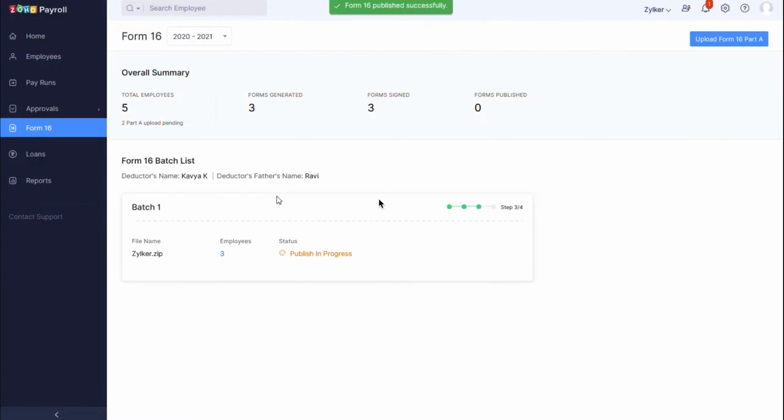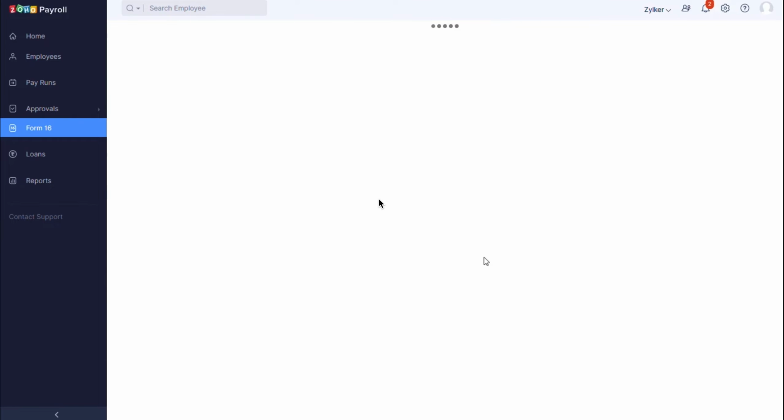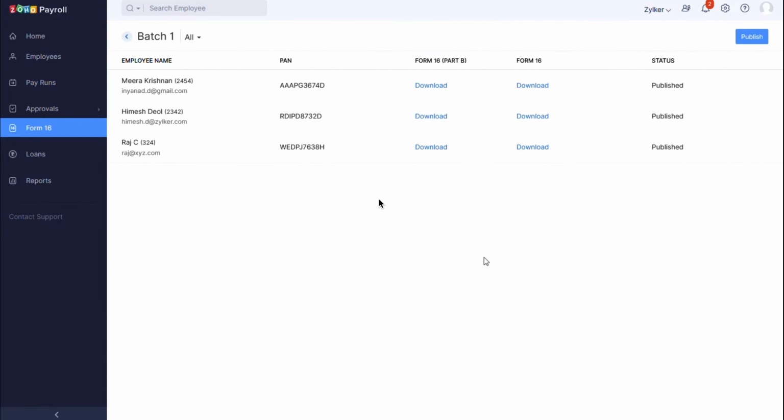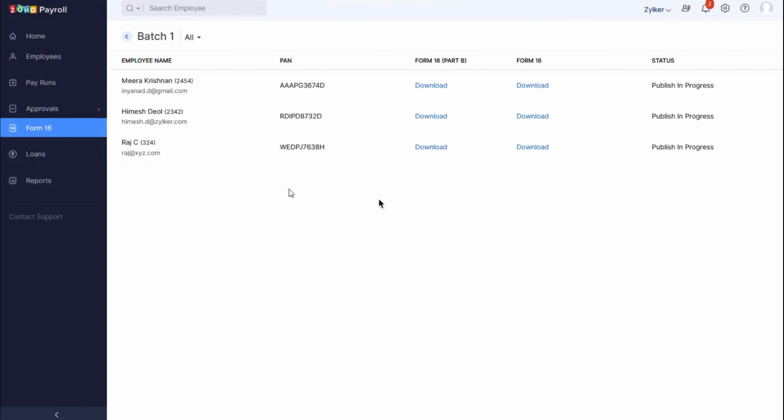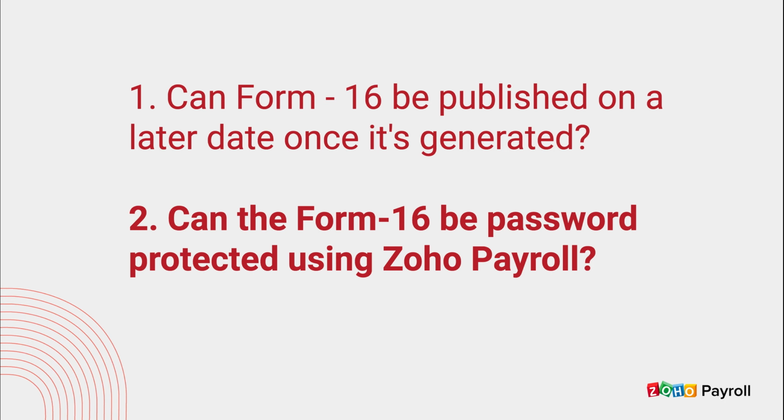If you have already published it and want to send it again to your employees, go to the Form 16 module, click View Details next to the batch you want to publish, and then click Publish. Can the Form 16 be password protected using Zoho Payroll? Currently, we do not support password protection of Form 16 using Zoho Payroll.